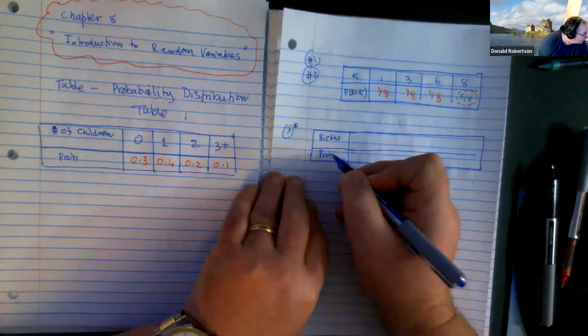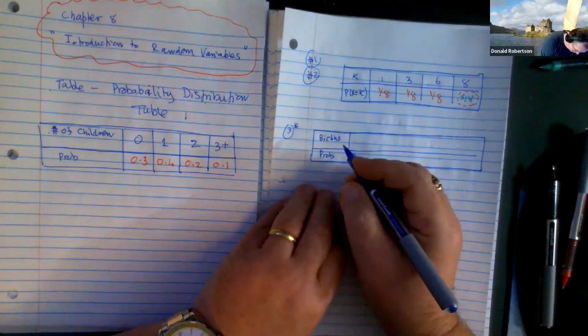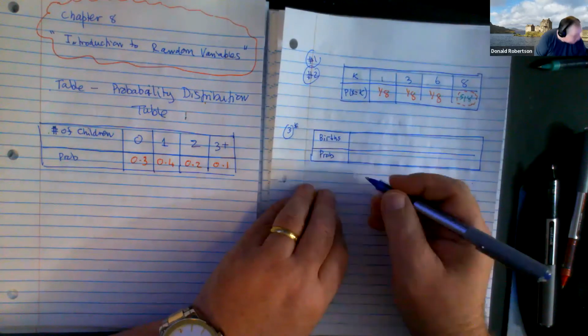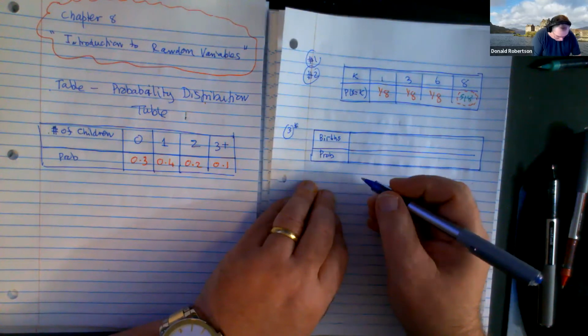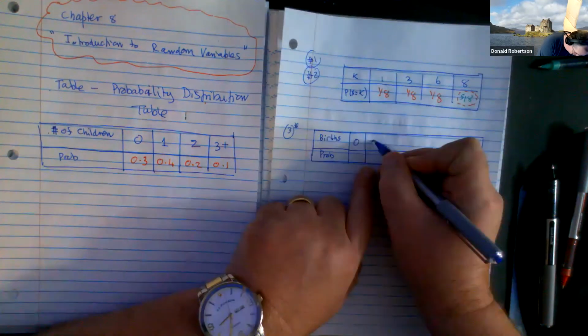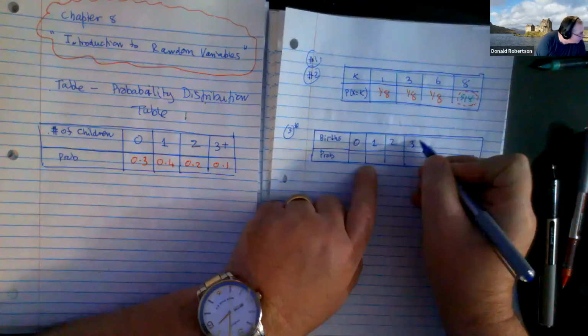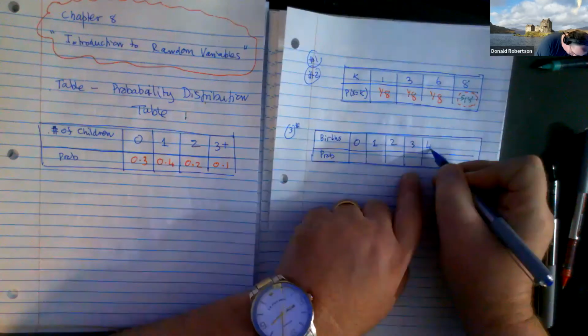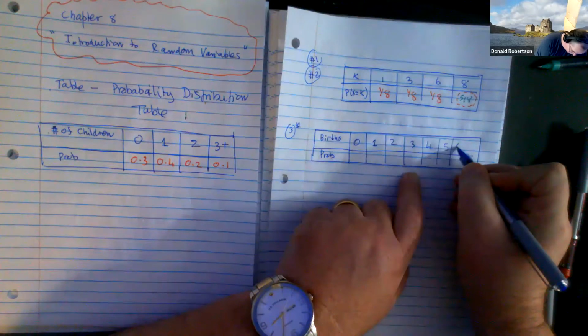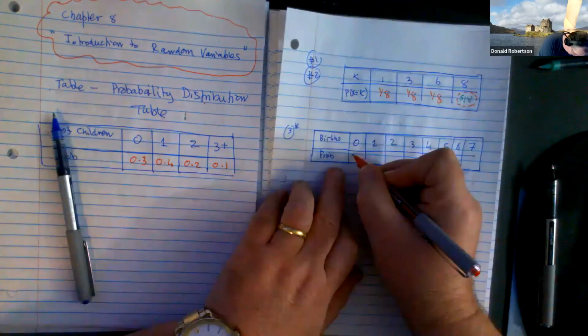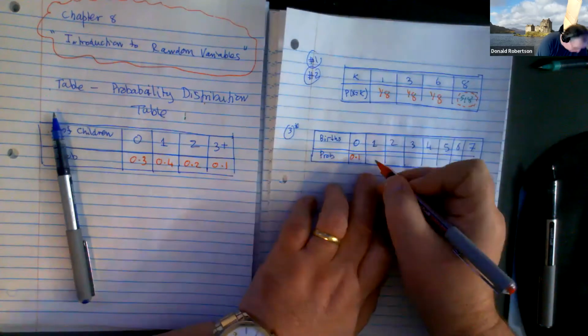And this is births in a hospital. So some days there is not one baby born. And then 1, 2, 3, what did they get up to? 4, 5, 6, 7. That's fine. And I have 0.1,